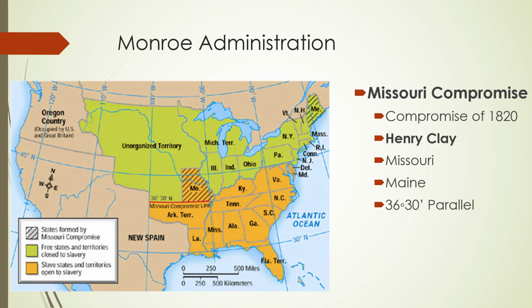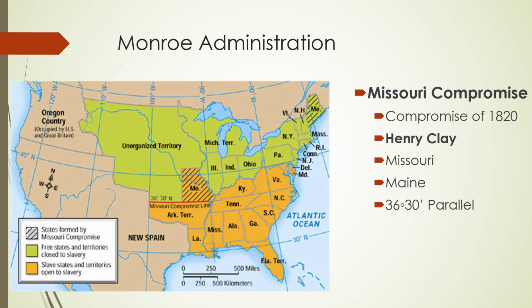However, now that Missouri wants to be a state, slavery comes to the front of the issue because now if Missouri becomes a state, it's going to have senators and it's going to have representatives, and that will affect the balance of power in Congress. And so that's why the issue of Missouri becoming a state is so contentious, because the southern states want it to be a slave state like them, and the northern states want it to be a free state like them. And so that's why we have to have this compromise.